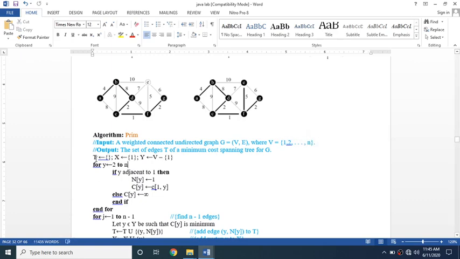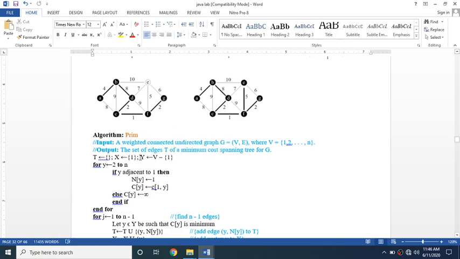We need to find the tree, and the tree is an array. What about X? X is nothing but the visited nodes, that means explored nodes. And Y is nothing but the unvisited nodes, that means vertices which have not yet been explored.